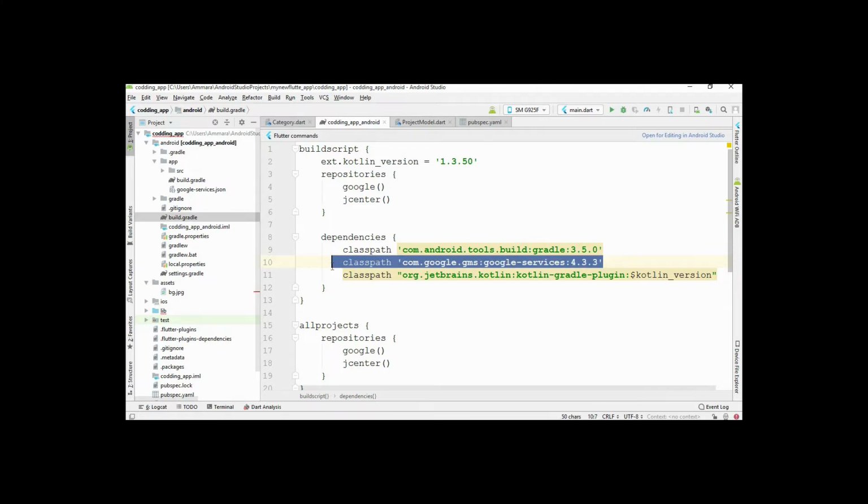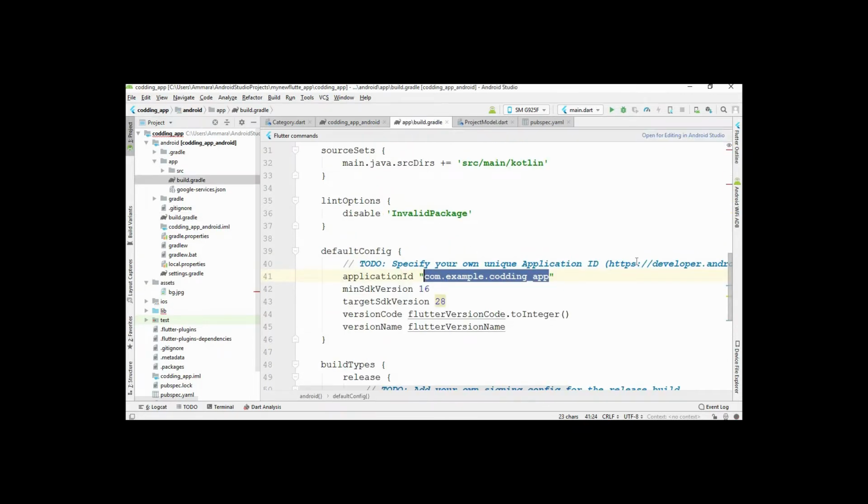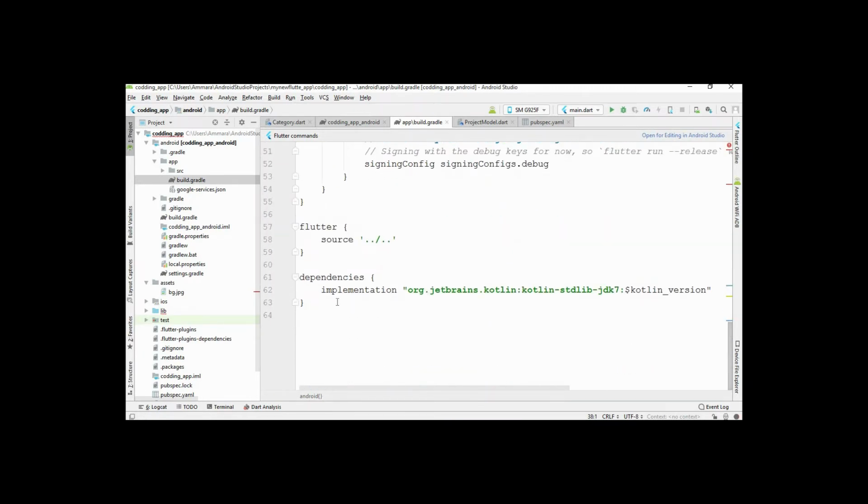If you are using Firebase for the first time, let me explain: to connect with Firebase, first of all you have to include this JSON file in your app folder. After that you have to include this path in your build.gradle, and then include one more library. Click on this build.gradle inside the app section, scroll down, and paste one plugin here. Don't skip any step, otherwise you get an error.